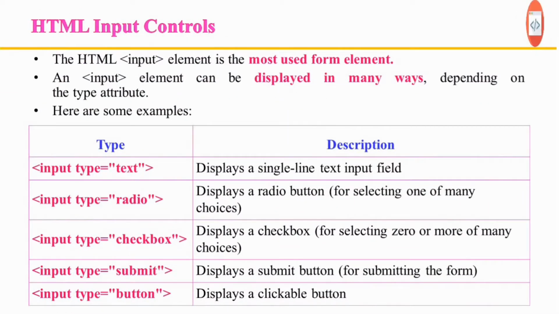As I said earlier, the control type defined by the input element depends on the value of the type attribute. The value can be text, checkbox, radio button, submit button, image, reset button, file, etc. If the value is text, then it creates a single line text input control. If the value is radio, then it will display the radio button for selecting a single option from the list of options. If the value is checkbox, then it will display the checkbox for selecting one or more options from the list of choices. If the value is submit, then it will send the form data to the specified URL.